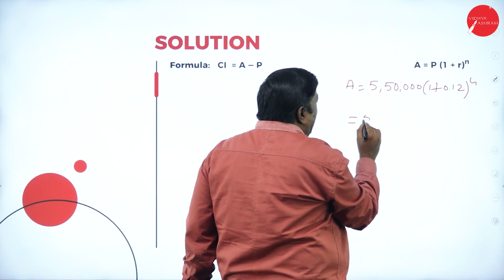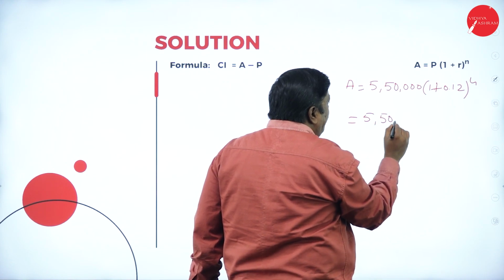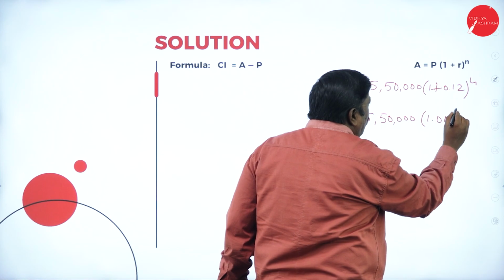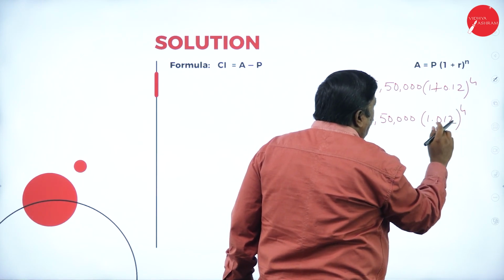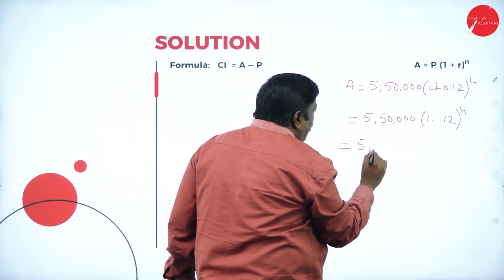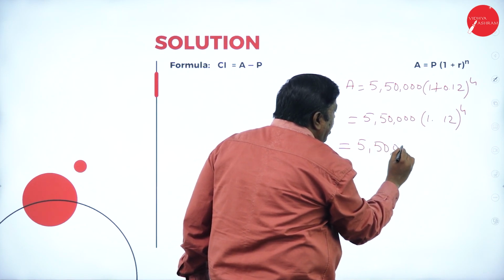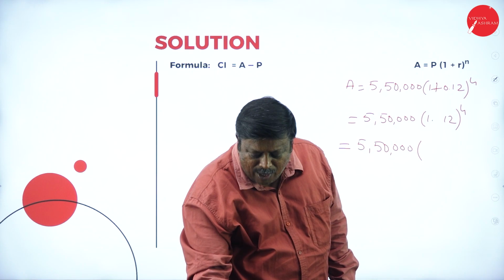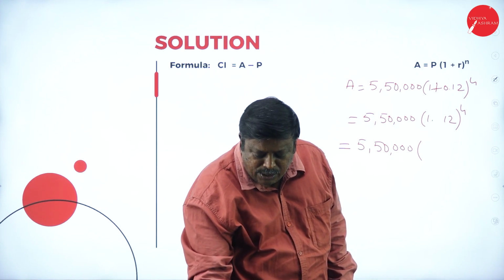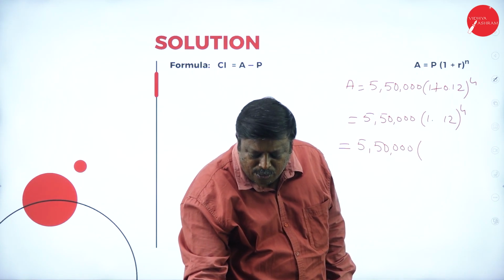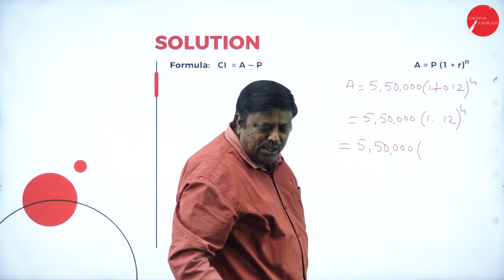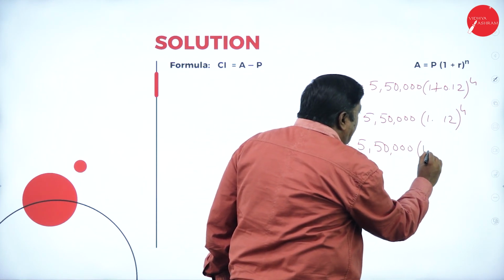So 5,50,000 into 1.12 to the power of 4. 5,50,000 into 1.12 into 1.12 into 1.12 into 1.12, it will be